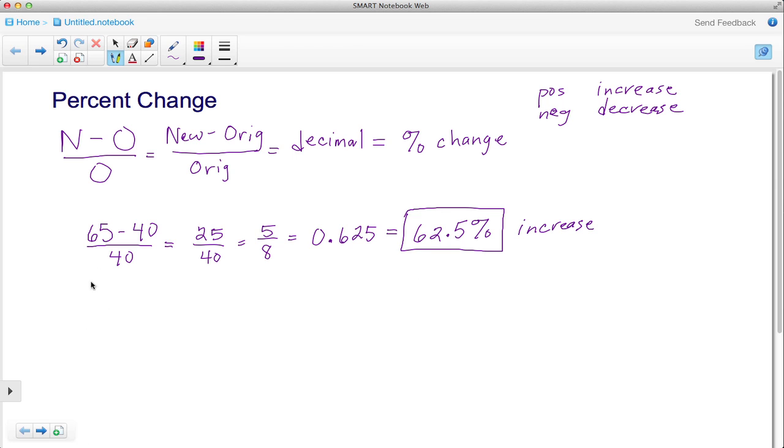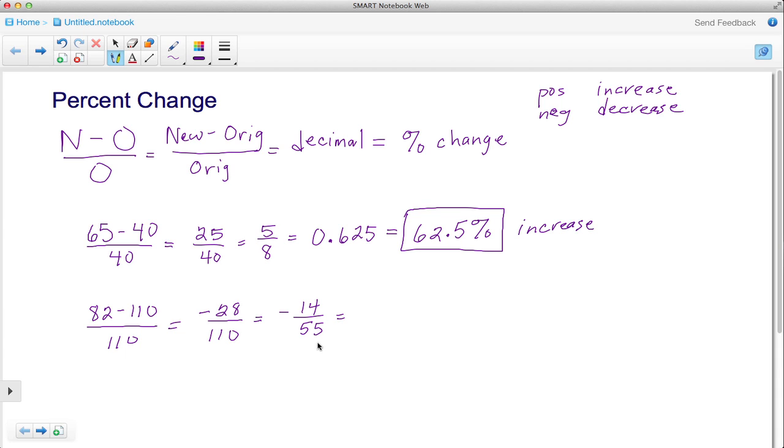Let's say that the new amount is 82, and we'll say the original amount was 110. So we see a decrease from 110 to 82, and we keep our denominator as the original amount, which is 110, and then we run the basic calculation. 82 minus 110 gives us negative 28, and we keep that denominator of 110. Both of these numbers are even, so I can divide them by 2. Notice I also keep the negative. Half of 28 is 14, and half of 110 is 55.